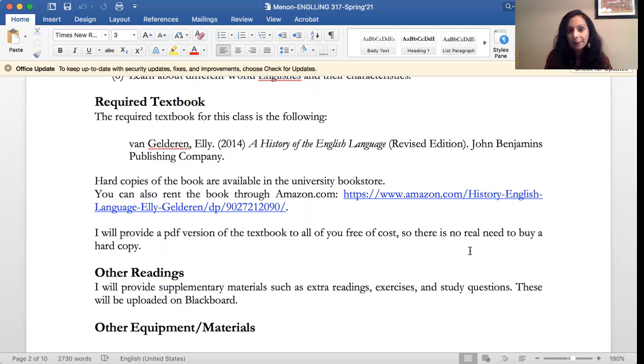So please do not buy a hard copy unless you really are a history buff and you want to have a hard copy of the textbook. I understand that costs of textbooks are really high, and we're still in the middle of a pandemic. And so I wanted to make sure that everybody has access to the textbook. So I am going to be providing this to you